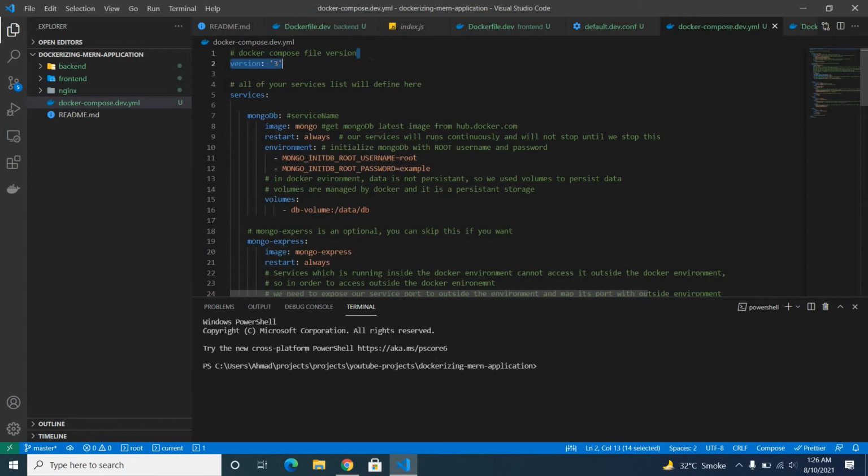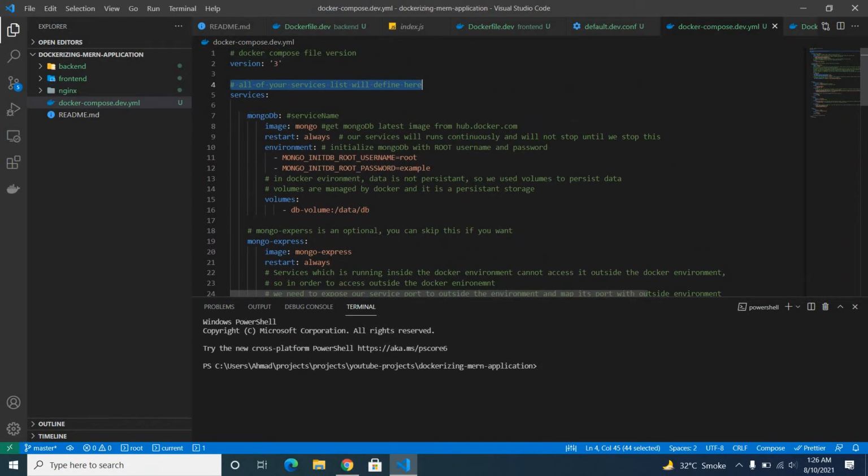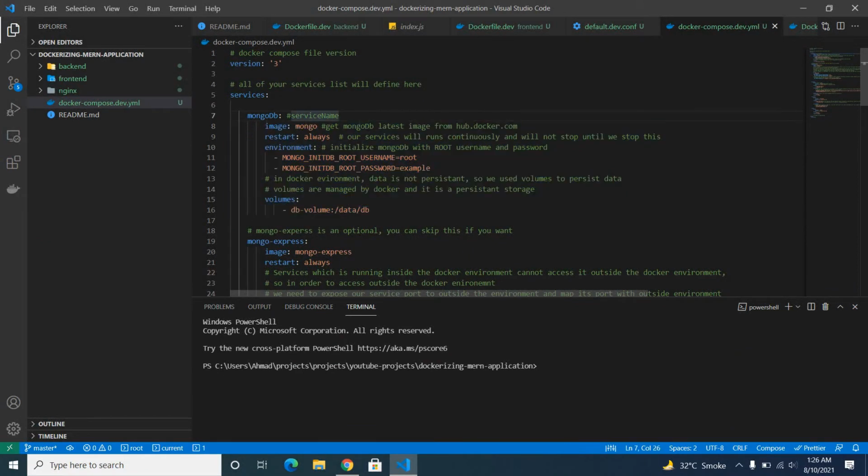First of all, we need to define the Docker Compose version, and then you need to define all of your services list here. Each service runs your image, and simply like Linux, your service is a container. So each service represents a container.